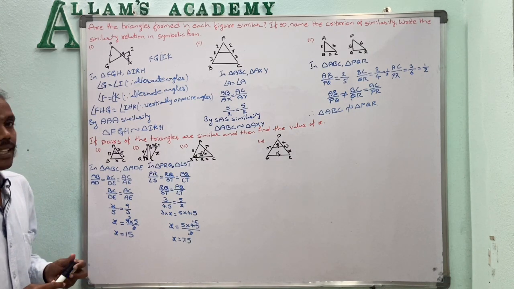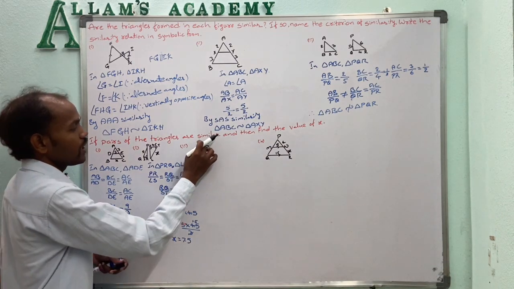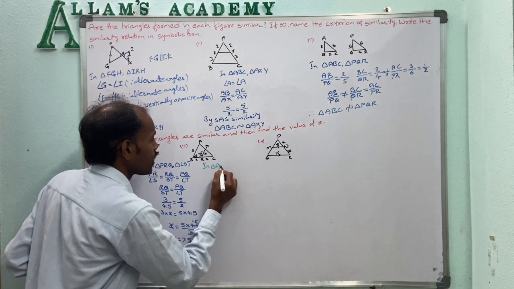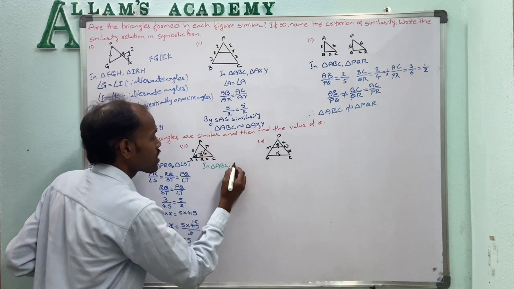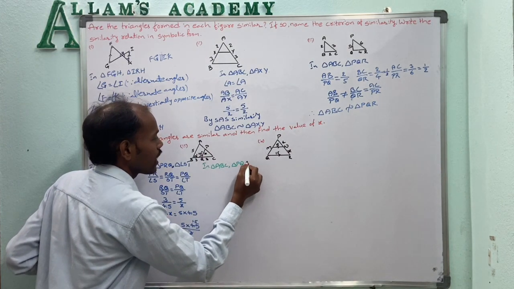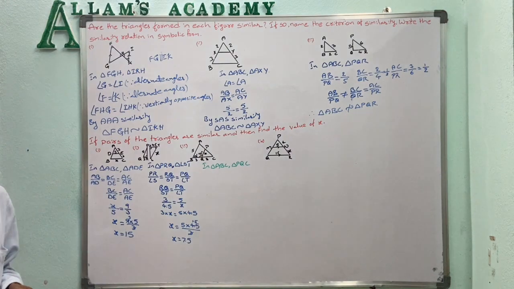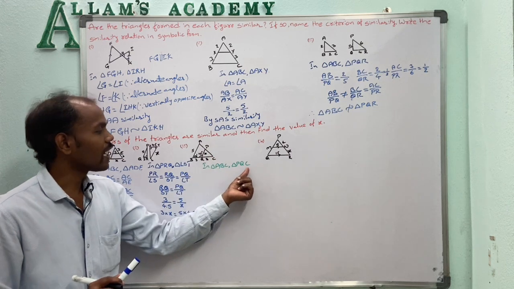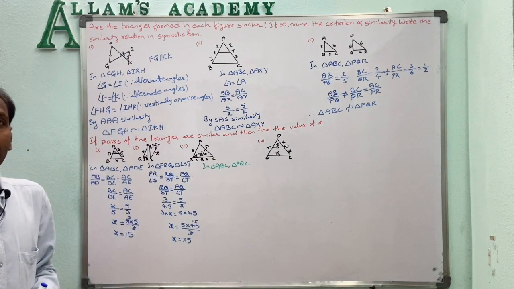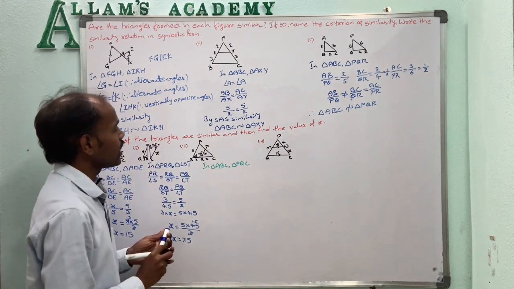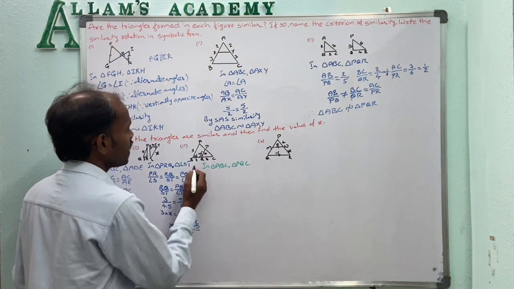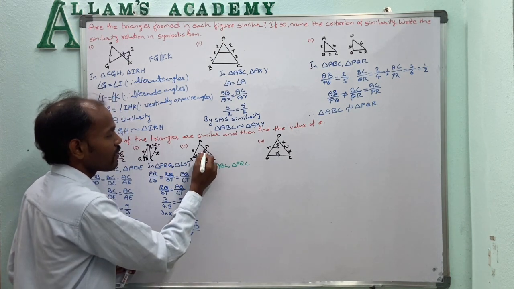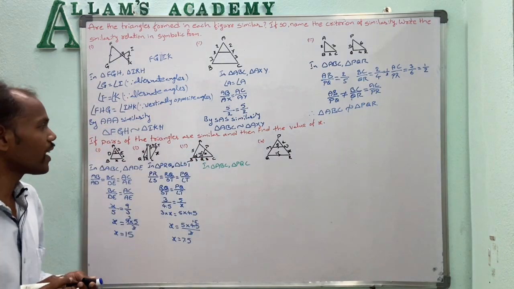Okay, now the third problem. If we observe here, ABC is one triangle and PQC is another triangle. In these two triangles, angle C is the common angle, so that is equal, and here angle B equal to 70 degrees given and angle Q outer side is 110 degrees given. That means angle PQB equal to 110 given.